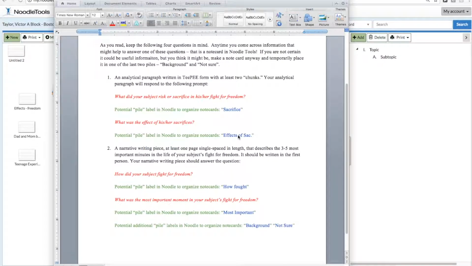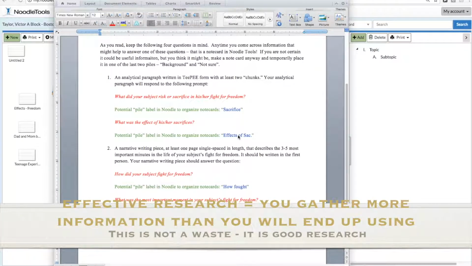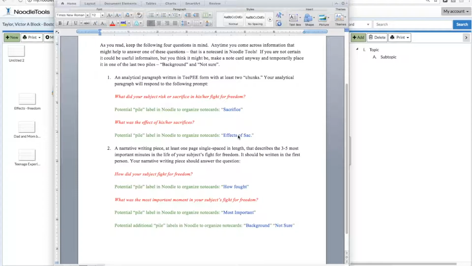This is a brief overview of making piles in Noodle Tools. This is a very good approach to use to organize information. For a longer paper, a 5, 6, 7, 8, 9 paragraph research paper, you may have 40, 50, 60, 70, 80 note cards. At that point, it will be essential that you have good organization. Absolutely essential. So while you might be able to get by without organization for this project, though again, might,